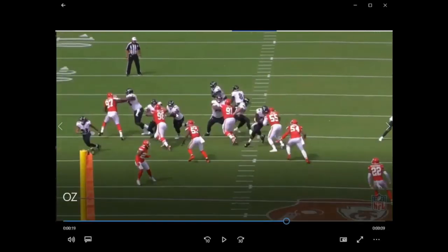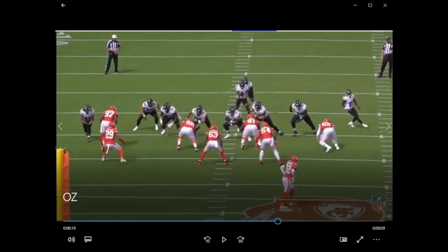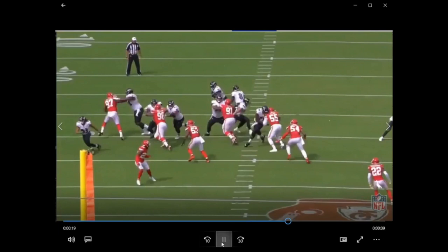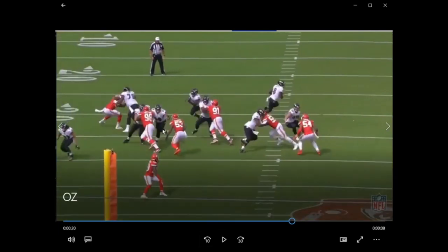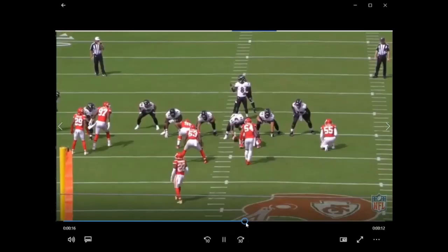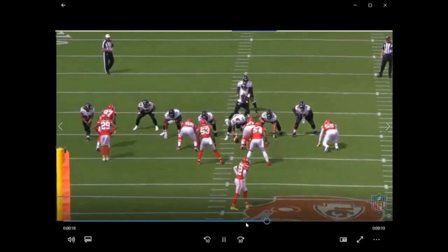Look, the center gets his hands on that guy. He gets out there, gets his hands on that guy, but then look at his eyes. His eyes are going back right here. So if this guy stunts, he goes to the inside, right? If the guard outruns him, you don't want to be able to take the back door on the guard. So the center's got to be there. All right, now he's got control. The linebacker's approaching. He comes off, and he makes that block. All right, so